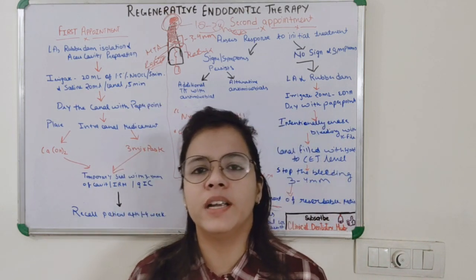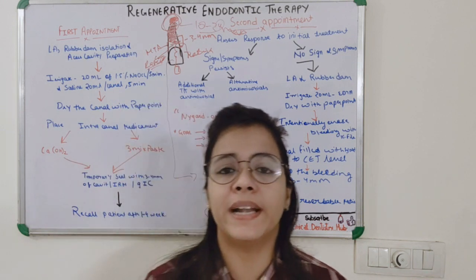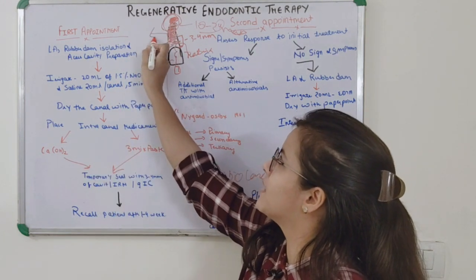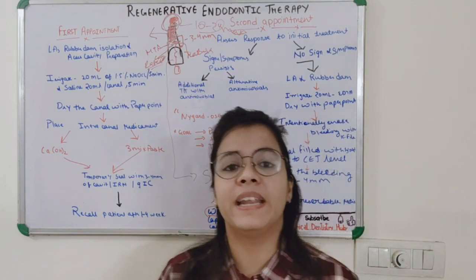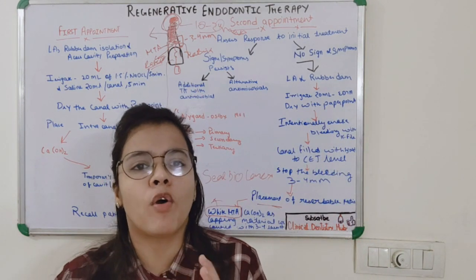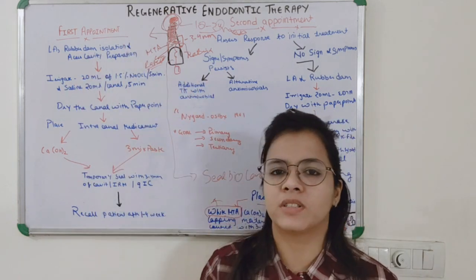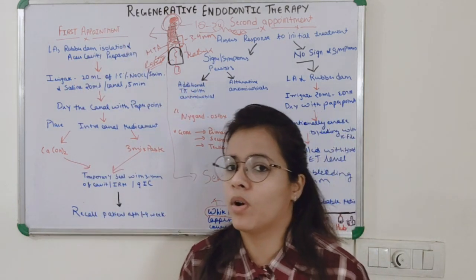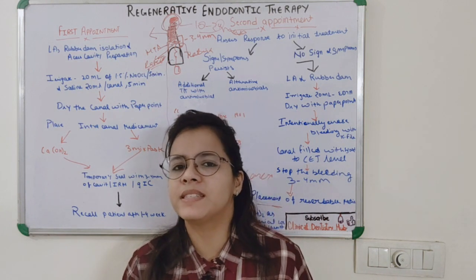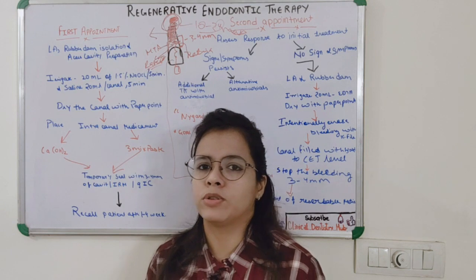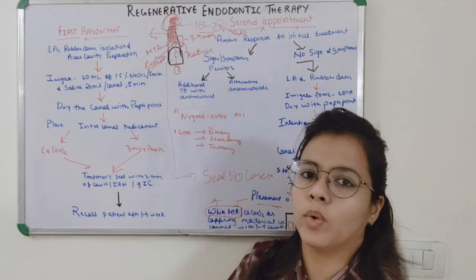Plus, as I've already told you, we get an increase in root canal wall thickness. There will be the formation of dentine and hard tissue, and the strength of the tooth will increase. When you do the case with calcium hydroxide and place it for a long duration of time, it weakens the strength of the tooth. There is a chance for the tooth to go for internal resorption. So all this can be avoided over here.